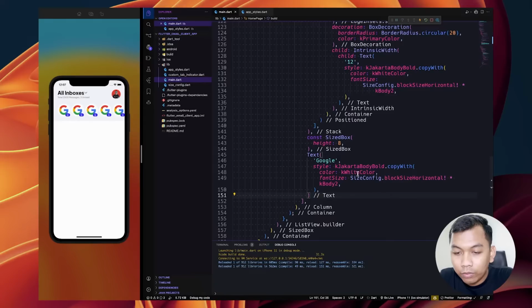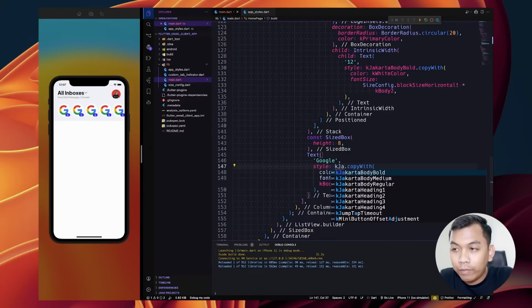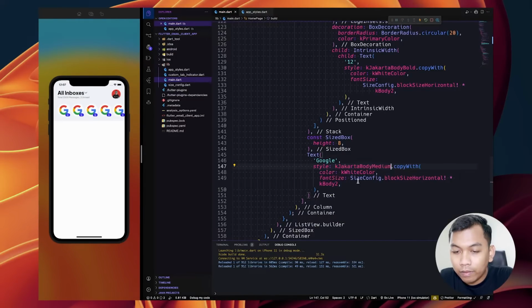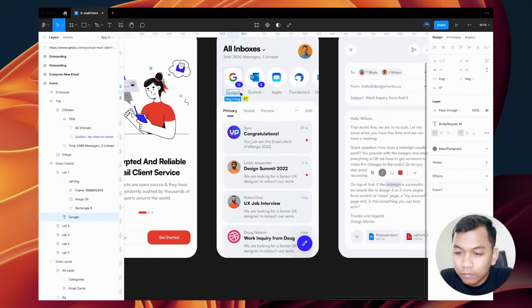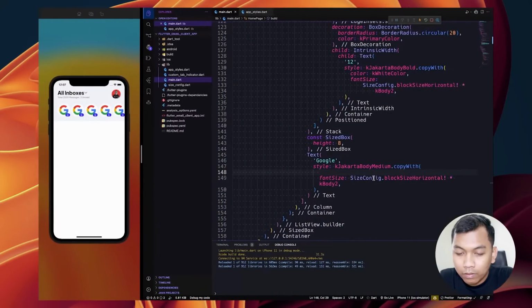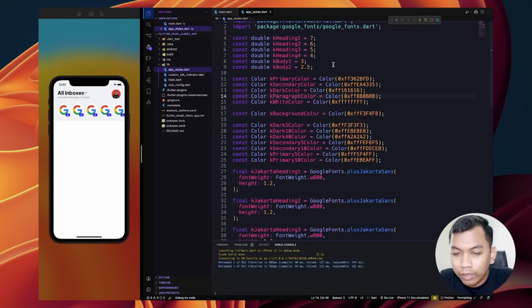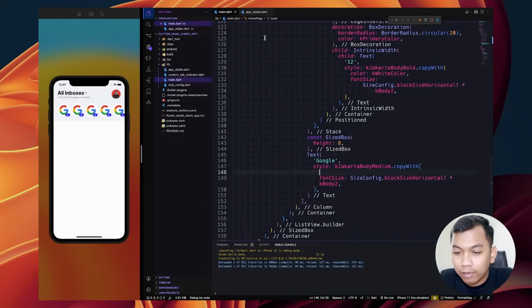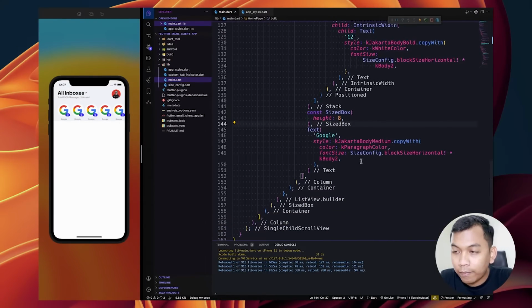And we need to change the style to body medium, and the color will be what we have here. So we have K paragraph color. Color will be K paragraph color. Look like this.